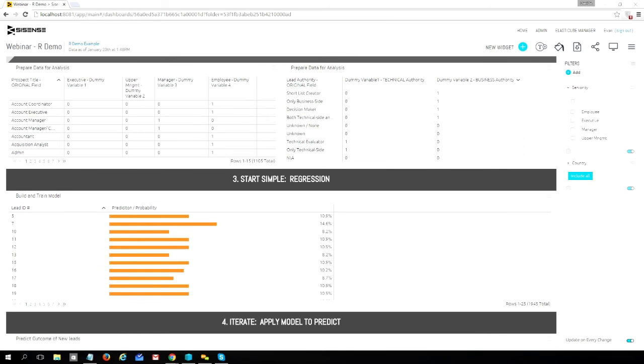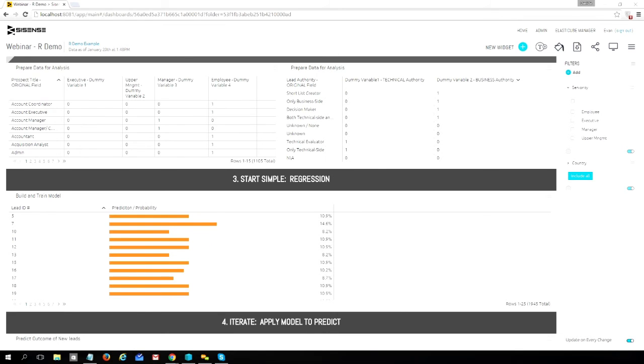So the steps are, you have to define your outcome variable, what we call a response variable. In our case, that is going to be conversion. This is a binary variable. It's a yes or no. Did the sale convert or not? And for our very simple model, we're just going to try to predict the conversion based on the seniority level of who you're talking to. So our response variable is conversion. Our predictor variables are the indicator variables for the seniority.